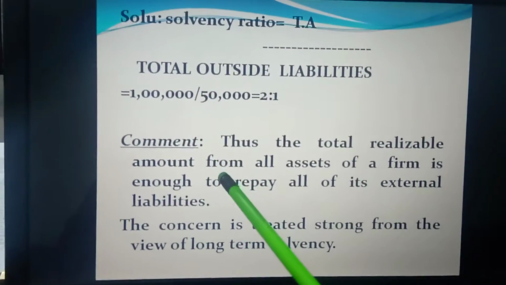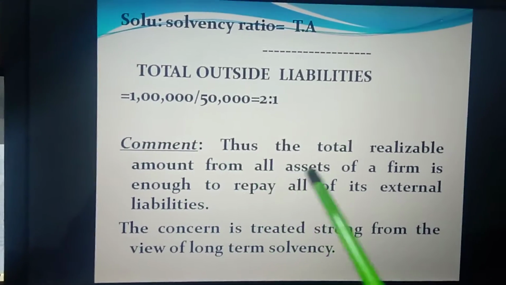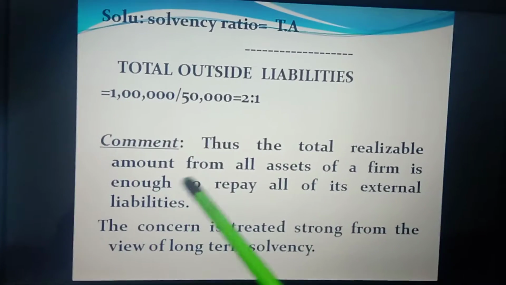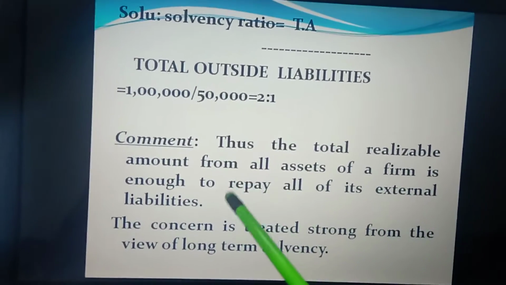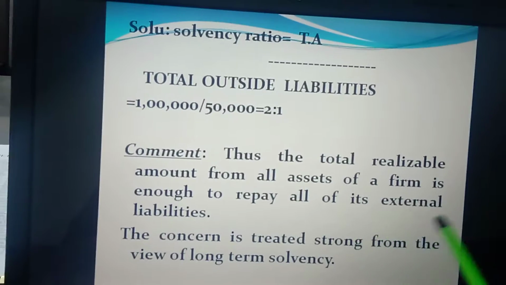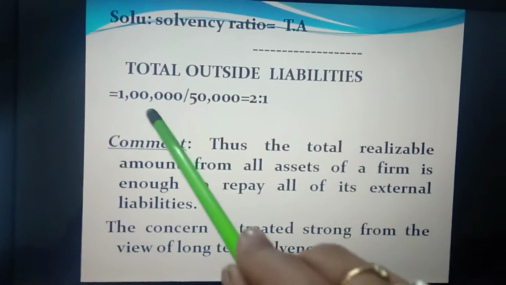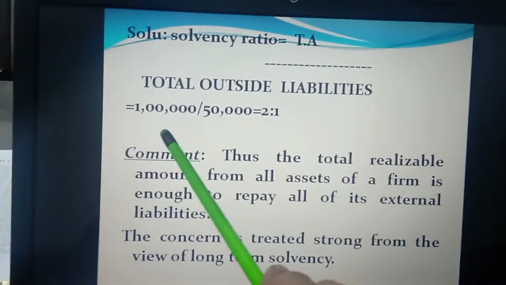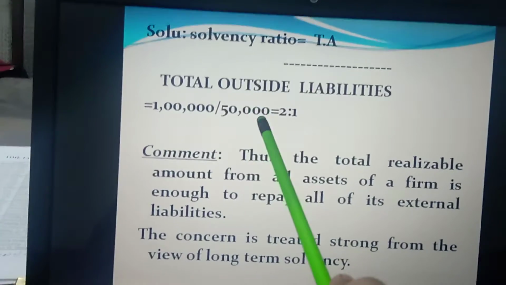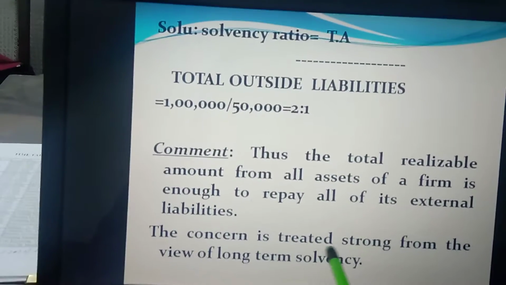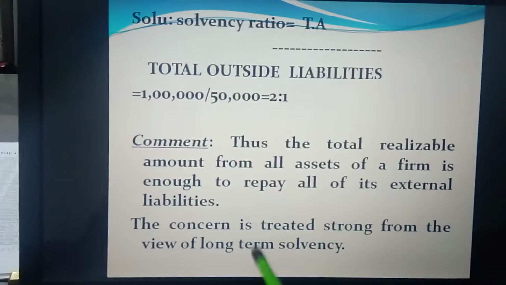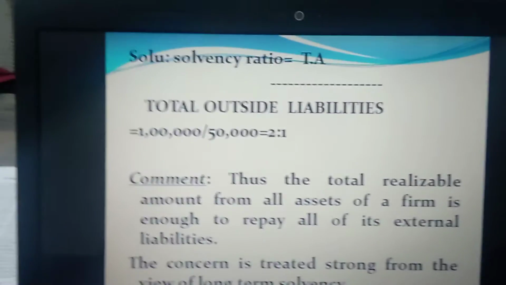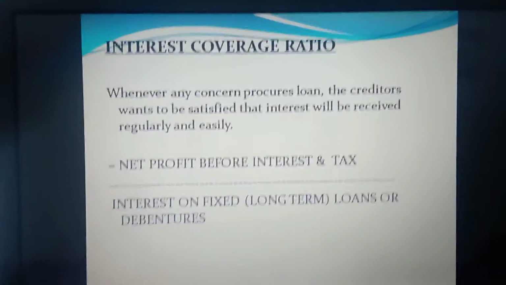As the analysis, we give the comment that the total realizable amount from all assets of a firm is enough to repay all of its external liabilities. As we can see, the assets are more, 1 lakh, and the total liabilities are less. So we can say the concern is treated as strong from the view of long-term solvency. Next